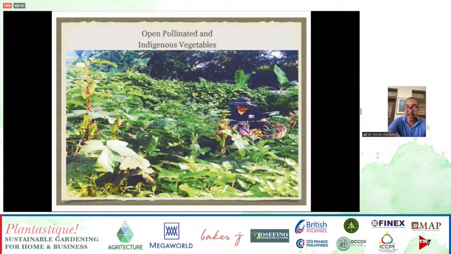Okay. So this is a garden that we believe should be an ideal tropical garden in the Philippines. So it's a combination of indigenous fruits and vegetables, and of course we also have our annuals. So in this setup that we did, we could not have gotten the produce that we got from a garden without the help of perennial local indigenous vegetables. So a lot of these are actually vegetables that have been thriving in the Philippines and evolved here in our tropical climate for many, many years. So if we notice,